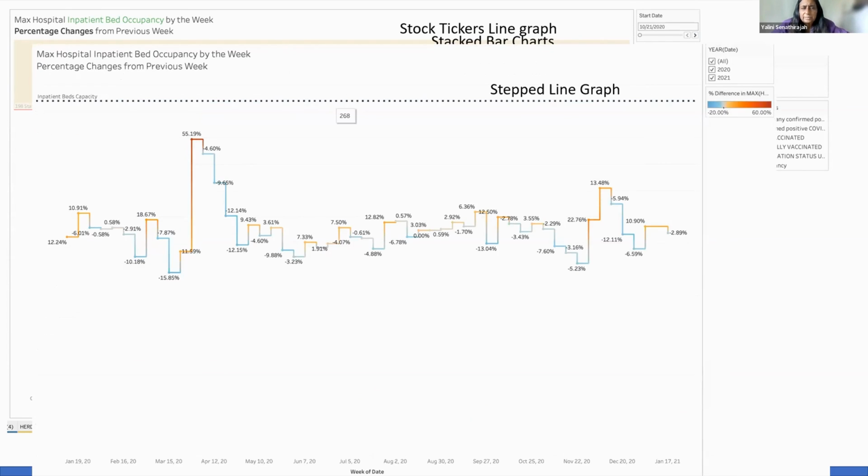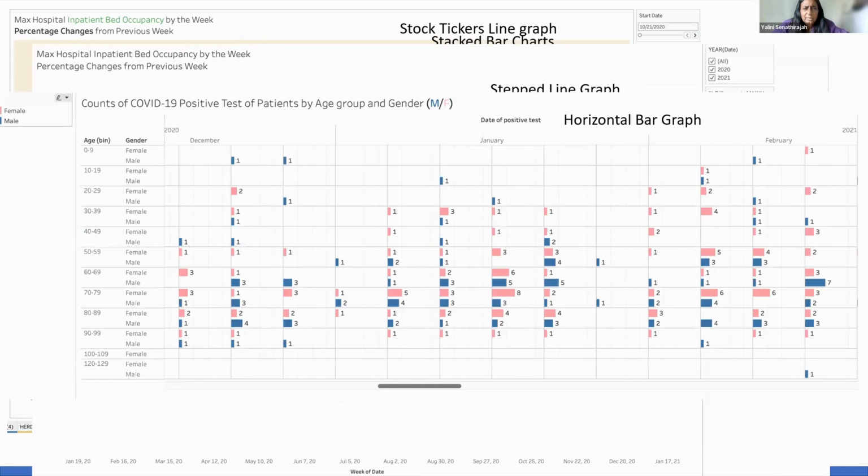A stepped line graph of maximal hospital inpatient bed occupancy by the week and percentage changes from the previous week. So as you can see, it does fluctuate quite a bit. And the counts of COVID-19 positive tests by age group and gender. This kind of thing was quite important for hospital decision makers in deciding things like allocating beds and keeping track of what needs would be, including needs for things like PPE and drugs and so